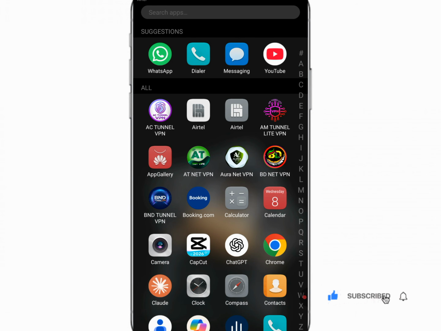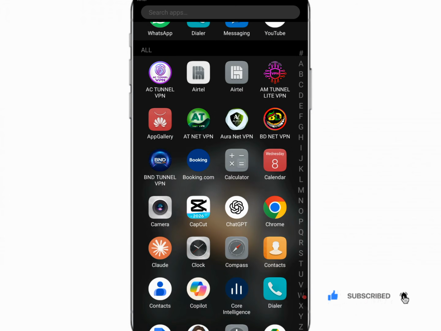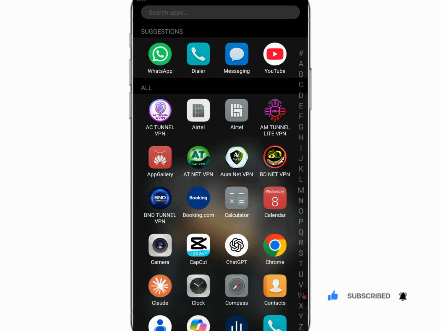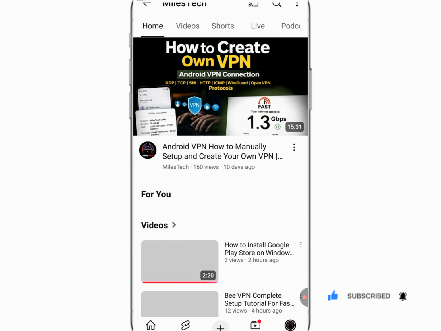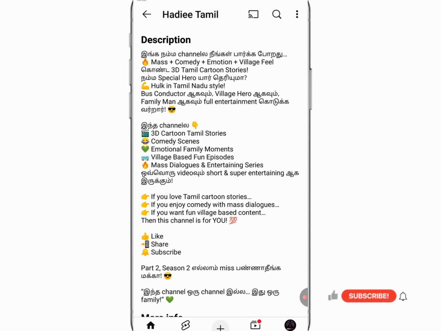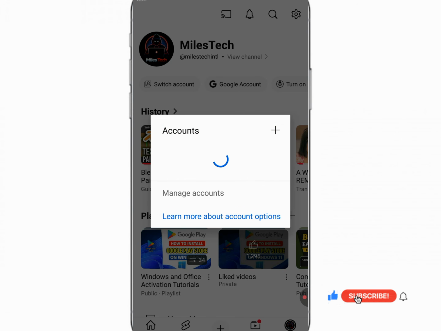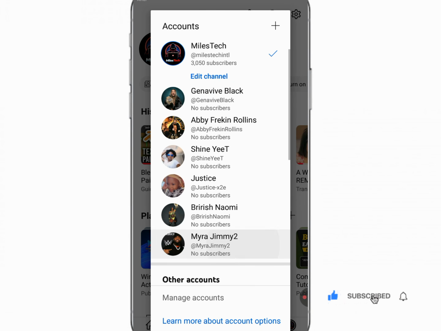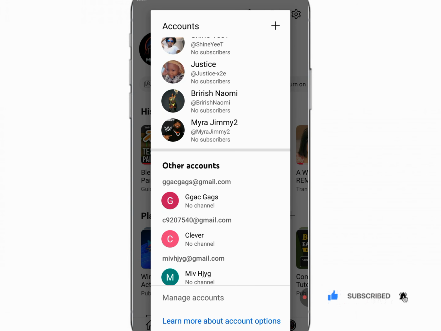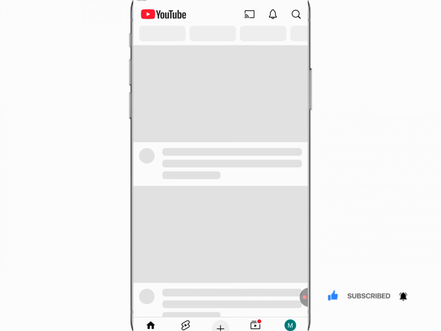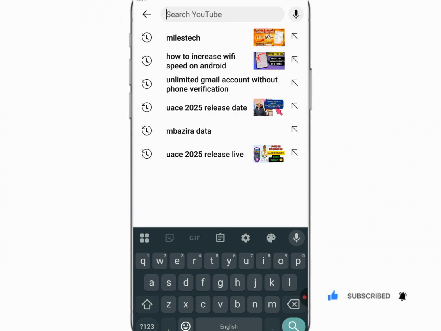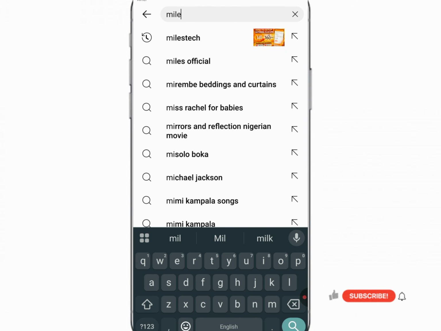So this is how we're going to do. First and foremost, before we continue, we're going to open YouTube, and this is our page. Let me show you what I want you to do and how you will activate your SIM card to KYC. Let me try to log in using another account. I want you to do only this thing. We're going to search Marvel's Tech on YouTube,